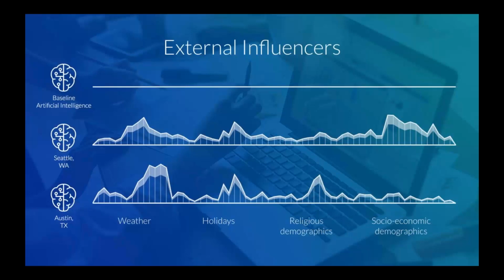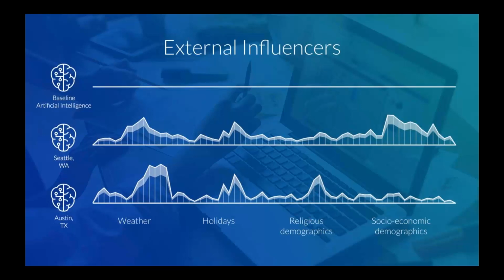In the diagram below, you're actually going to see three different lines, and they're each representing different iterations of the same AI. The first line represents an AI that does not account for any external influences. Each business that uses this AI will see the AI behave and communicate with shoppers in the same way. It will learn shopper behavior, predict their next likely purchase, and communicate with each one of them accordingly. Because this line does not take any external influences into account, the AI cannot process why some communication is less successful than other predicted communication and may adjust its logic for the wrong reasons.